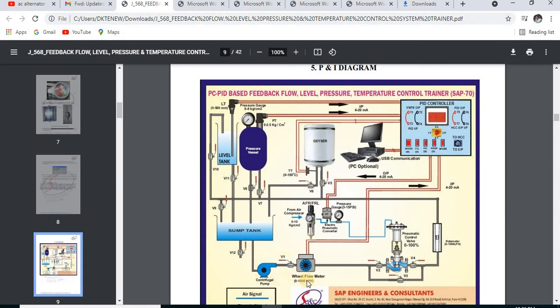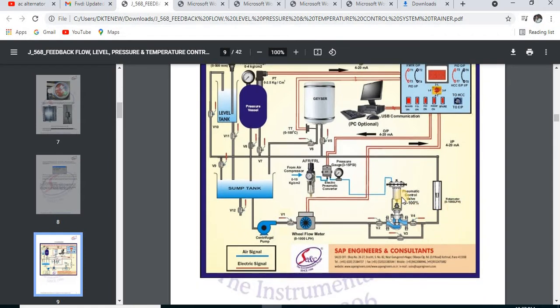This is the flow meter for the flow measurement, and a rotameter is used for sensing the liquid flow in liters per hour. And this pneumatic control valve is nothing but your actuator. It has been connected to a centrifugal pump, and it is a kind of switch, which is turning on and off according to the requirement of water.